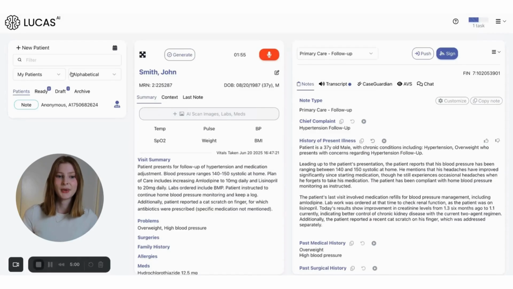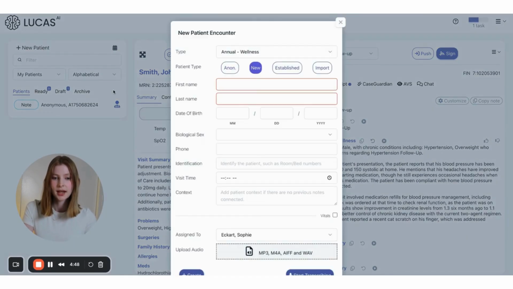There are two ways to add a new patient to Lucas. You can add the patient manually, which is what I'm going to show you in this video, or you can add the patient through your EHR schedule. So we're going to start by clicking New Patient in the top left corner, and this is going to open